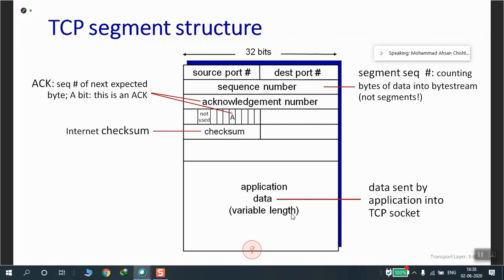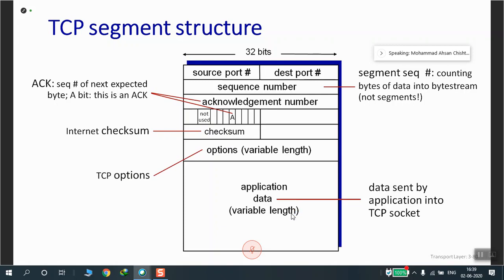Checksum, this is the same that we had in UDP, the same internet checksum which we did when we discussed CRC. There I mentioned that there is a third one, which is the internet checksum, the video of which you might have seen, and I also told you that this is implemented in the transport layer. We saw it in UDP. Now we have something similar here as well.